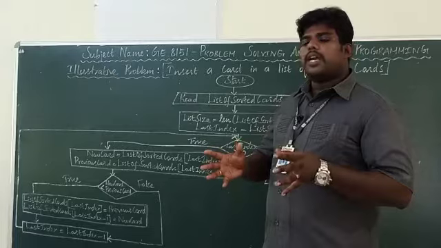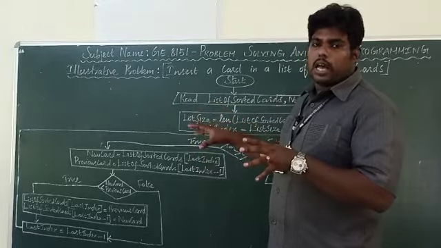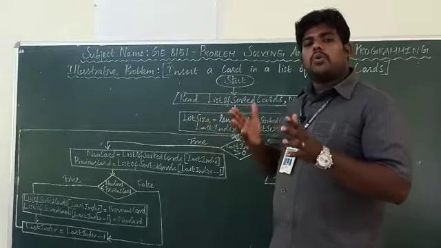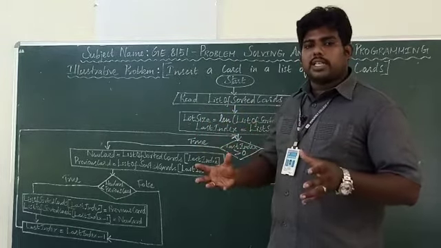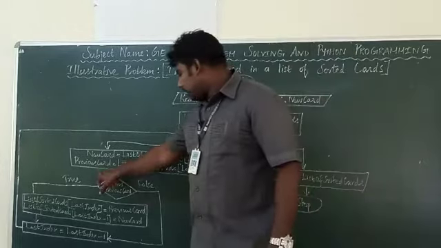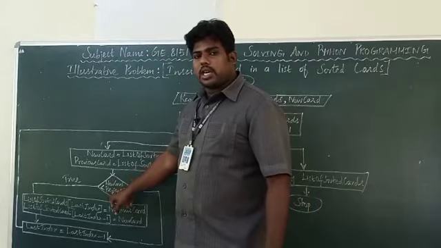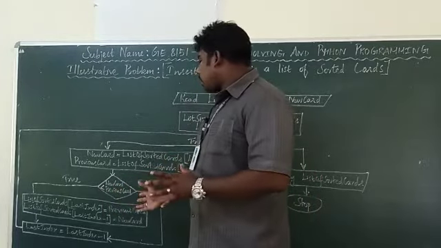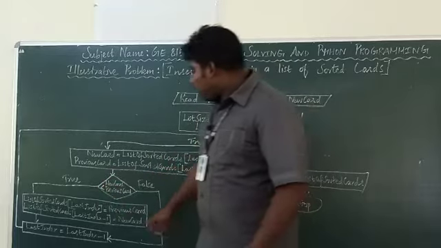Now you are going to check the if condition. Why? Anyway, the last element is the appended one. Your new card is appended at the last, so now you have to sort it. It should be arranged in ascending or descending order. So you have to swap the elements. For that I am checking a condition: if new card less than previous card. If this condition is true, we have to swap it.